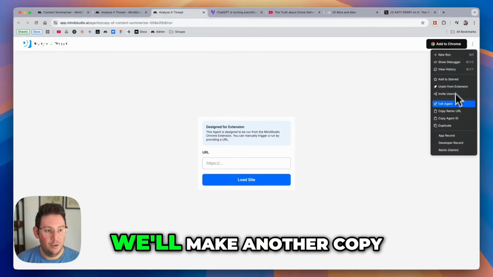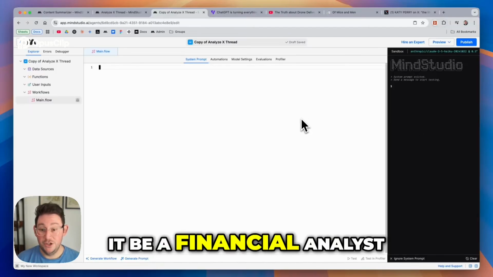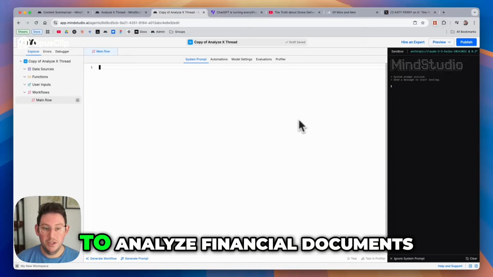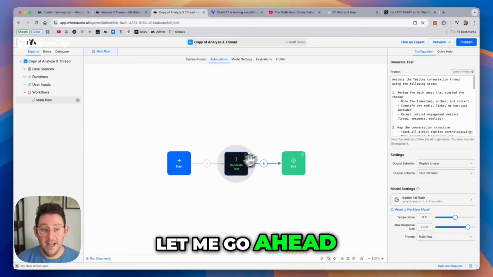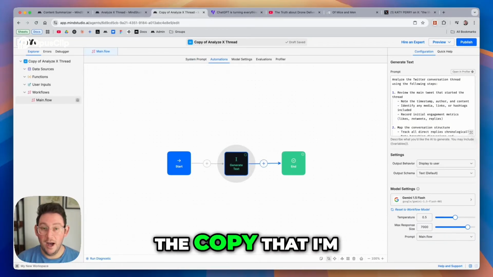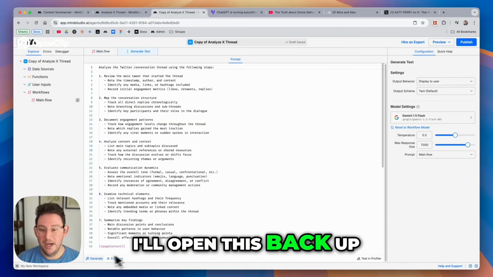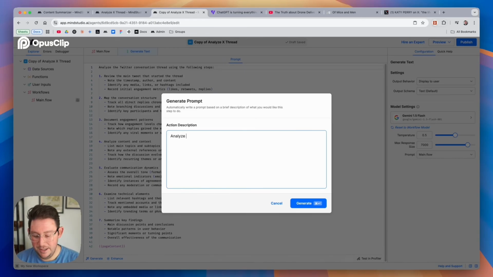So now that we have built this X thread analyzer, let's go ahead and we will build another one. Let's go ahead and we'll make another copy. And in this case, I'm going to have it be a financial analyst. Maybe I want it to analyze financial documents. So let me go ahead and I will open this back up. So now I have the copy that I'm working in. I'll open this back up. I'll click on generate again, and I can say analyze this